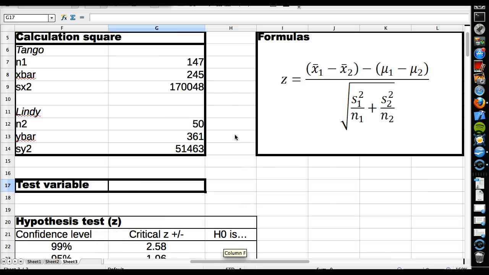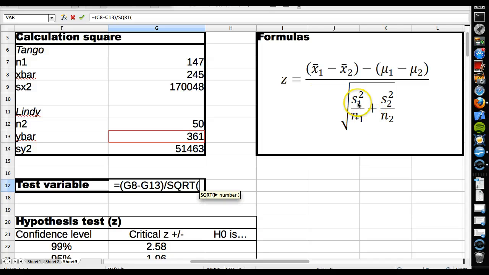So you see this formula isn't as complicated as it looks. We have all the different parts already. So let's start calculating it. We're going to take the difference between our sample means. So x1, well, that's the tango dancers, minus the Lindy Hop dancers, divided by the square root,